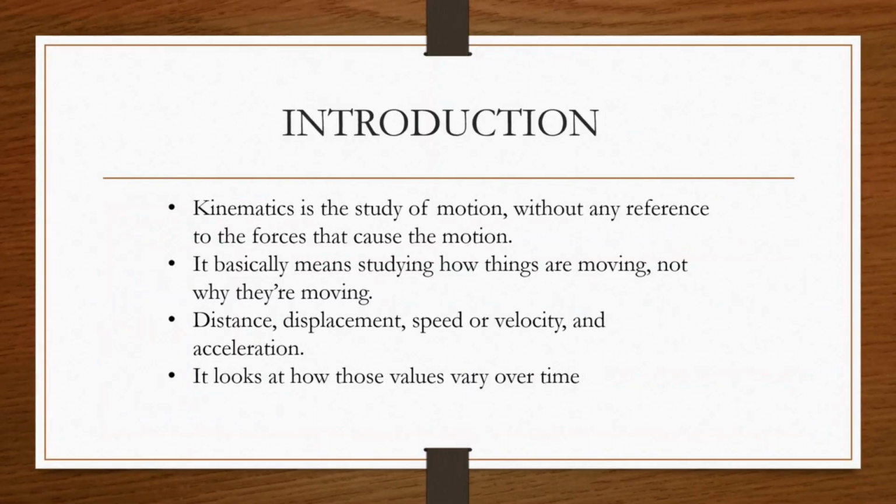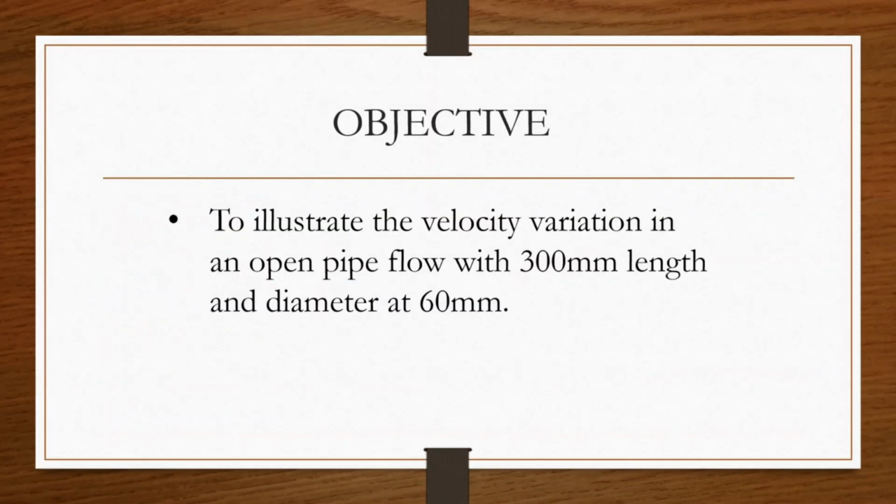Kinematics is the study of motion without any reference to the forces that cause the motion. It basically means studying how things are moving, not why they are moving. It includes concepts such as distance or displacement, speed or velocity, and acceleration, and it looks at how those values vary over time. Objective: to illustrate the velocity variation in an open pipe flow with 300 mm length and diameter